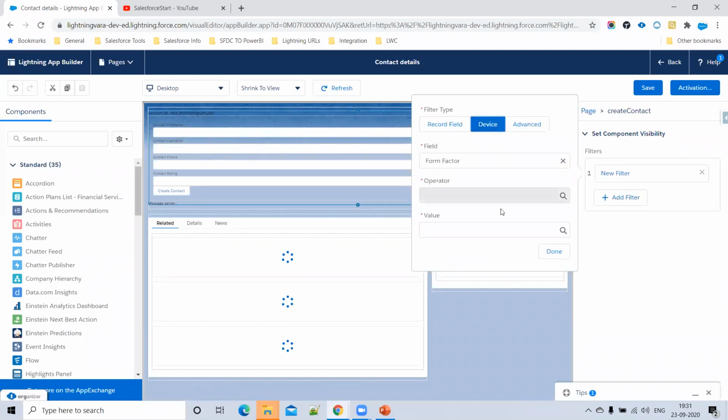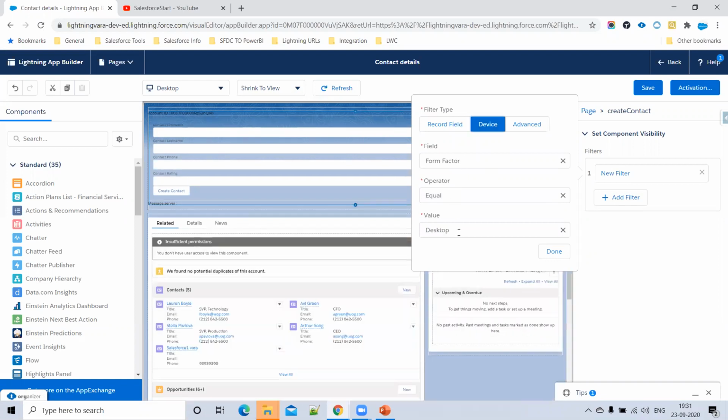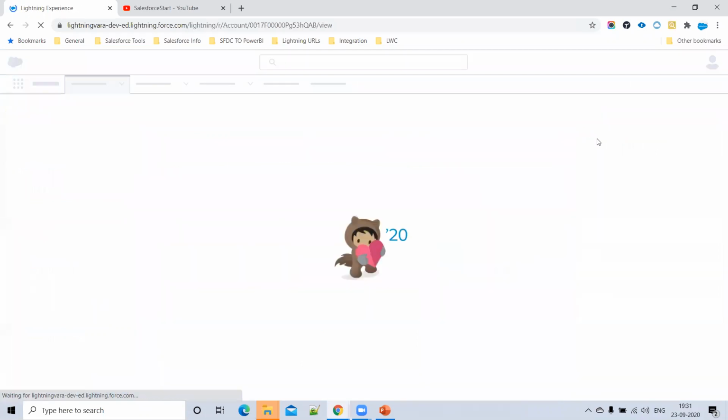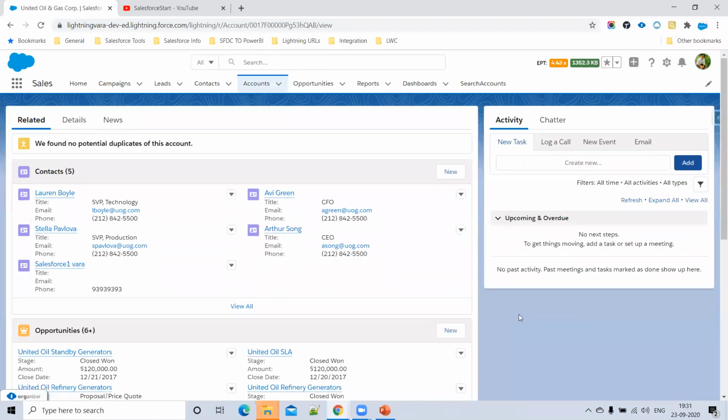Here you can see the device option. Choose form factor equals desktop, which means you can see it on desktop. If you want to use a phone, choose phone. I'm choosing phone. So now we cannot see it on our account record page because we're using a desktop. So these are two scenarios: based on record field conditions, and based on the device.